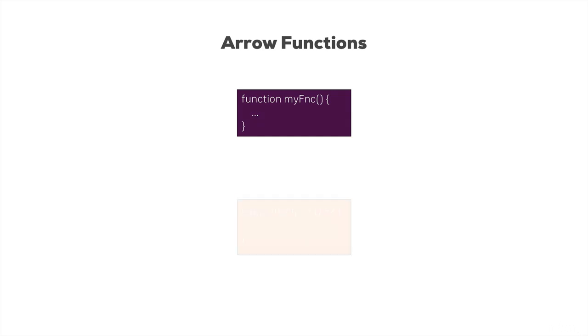Now, an arrow function looks like this. Here I'm storing it in a constant, and then on the right side of the equal sign, that's the arrow function syntax. A list of arguments, here it's none, but it could hold some arguments, and then an arrow, so an equal sign and a greater than sign, and then the function body. The arrow function syntax is a bit shorter than the normal syntax, since it omits the function keyword, and it